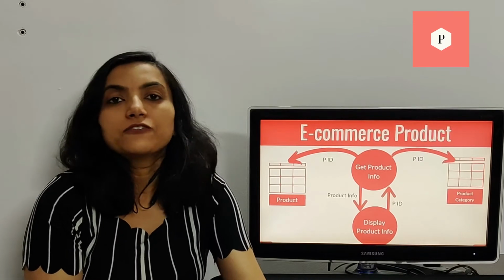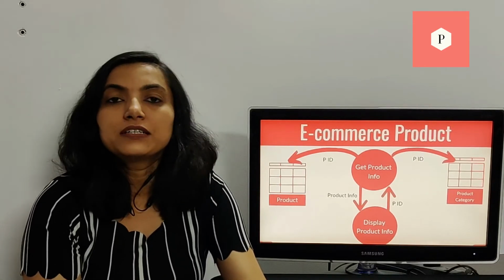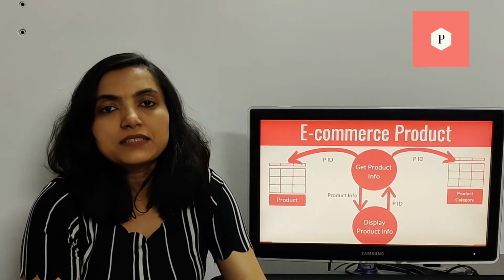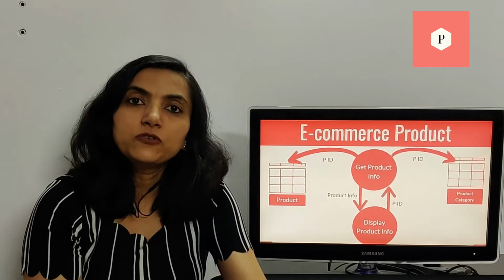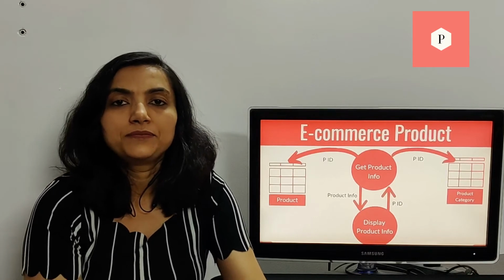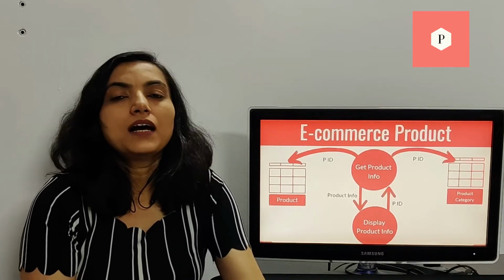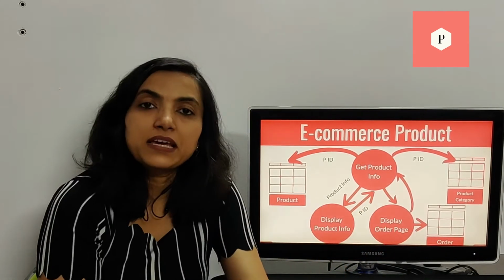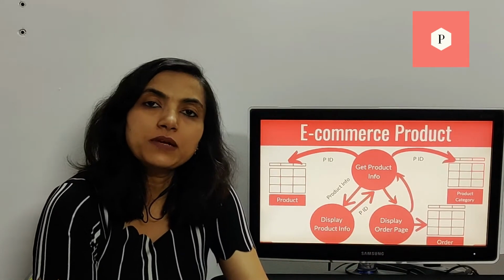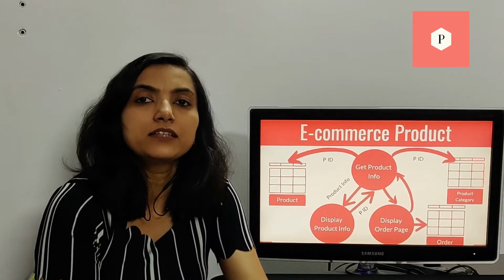Why would you want different pieces of code doing different things? One of the simplest reasons is that it helps you avoid doing the same thing over and over again in the code. For example, apart from the product page, there is also an order details page that needs to show some information about the product that was there in the order.